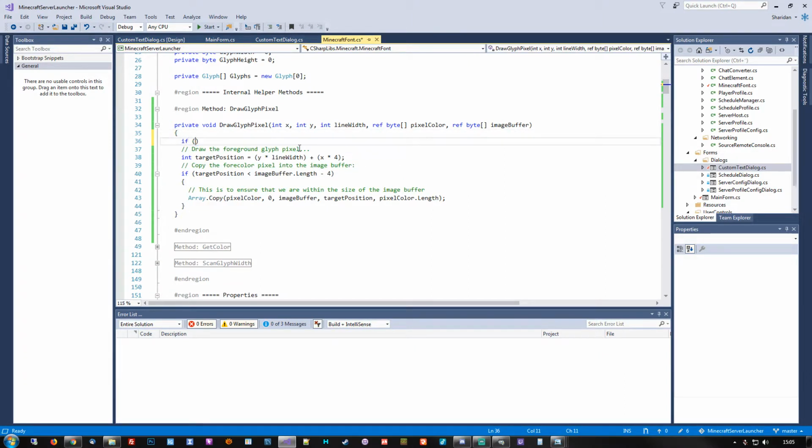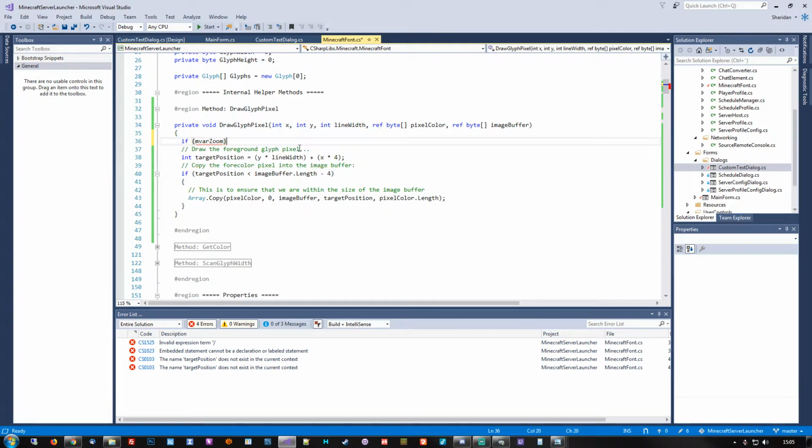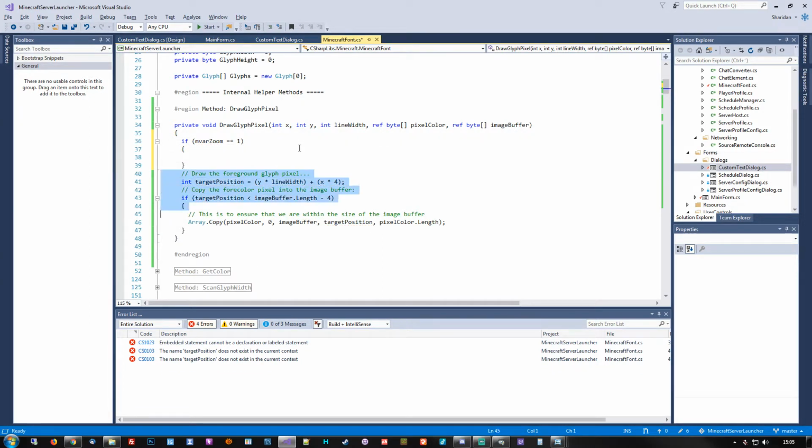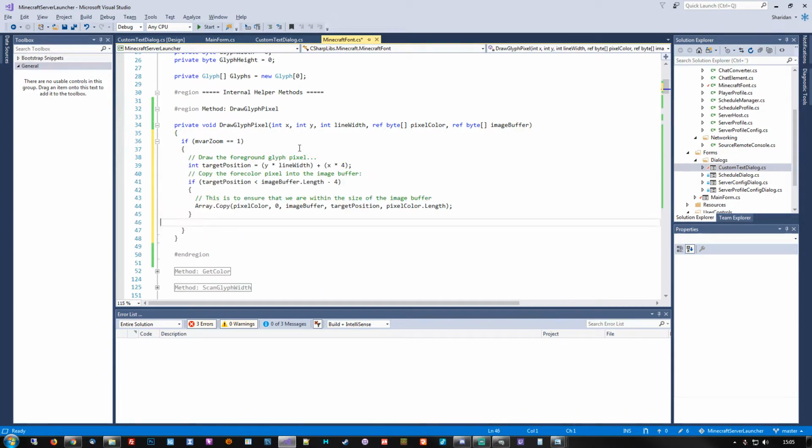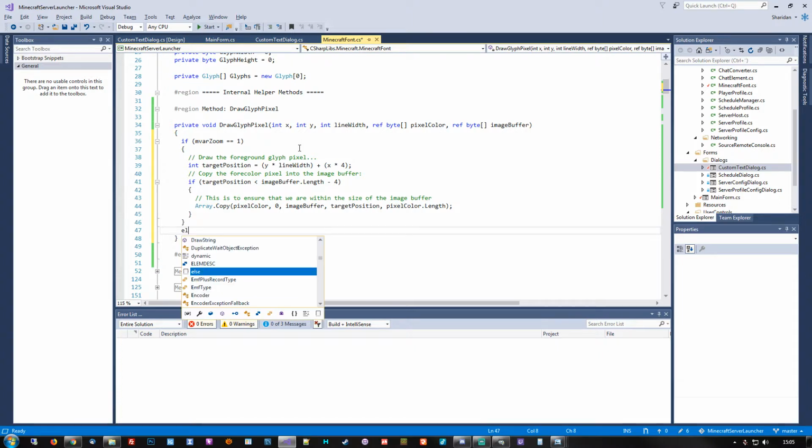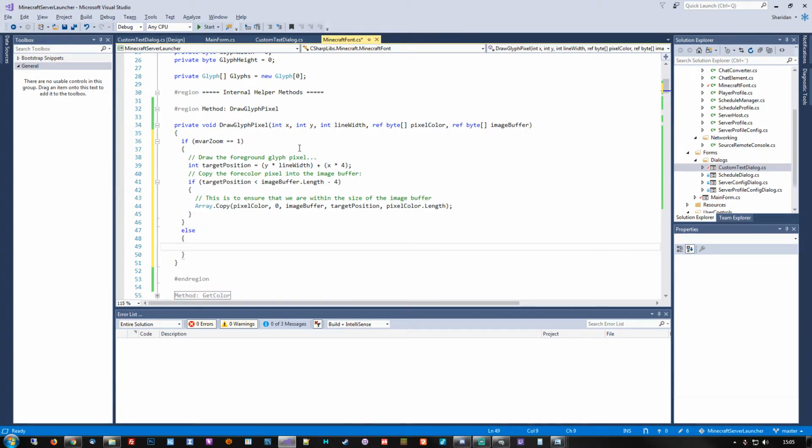So for the sake of keeping things default and keeping this in place, if the zoom is set to 1, that means 1 pixel position is actually only 1 pixel, and if the zoom size is greater than 1,